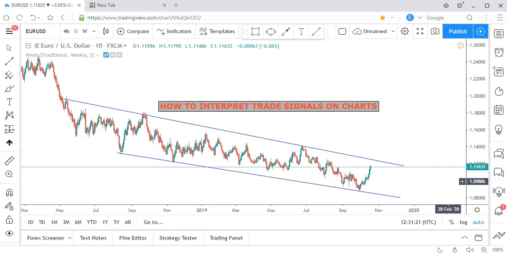So this tutorial is all about how to interpret trade signals on the chart. Some mentors, some forex gurus or traders do send you signals on the chart without actually giving you a stop loss or a take profit. They just draw arrows and trend lines up and down. I believe you get confused, but this tutorial will make it clear to you how to interpret those drawings on